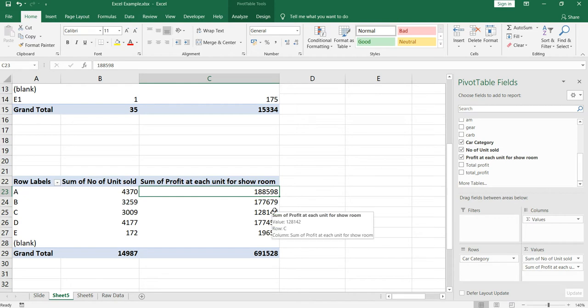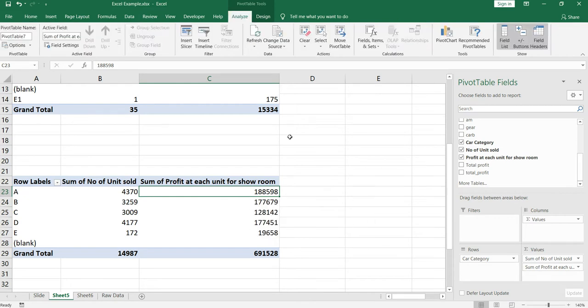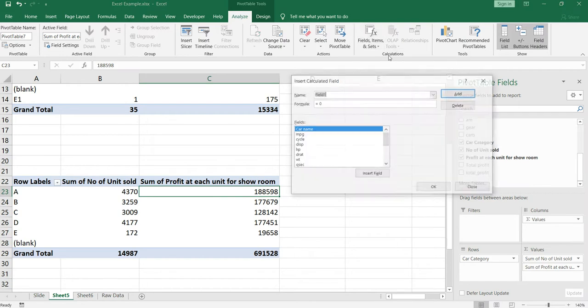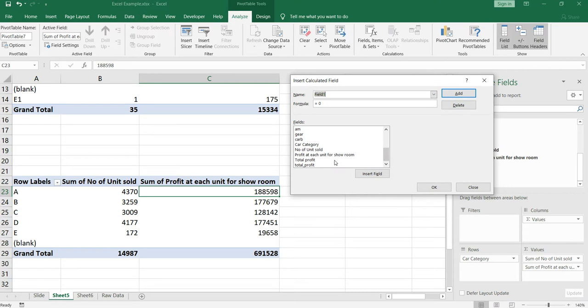So if you want to use a calculated field, what you need to do is, I'll go to Analyze, then Fields and Sets, and click on this Calculated Field. Okay, so you remember we had created this total profit column, right, which shows me what was the total profit for category A, sorry, total profit for that car, and in this pivot table it will show me the total profit for that A. Okay, so I'll click on it to include this into my formula.